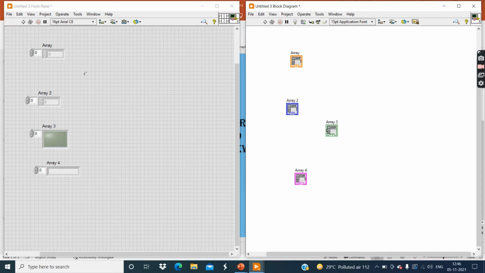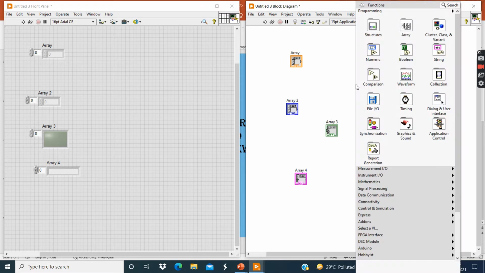Now you can see this is an integer type array control, this is a double type array control, this is a boolean type array control, and this is a string type array control. Now guys, suppose we want a constant array, so how can we create it?